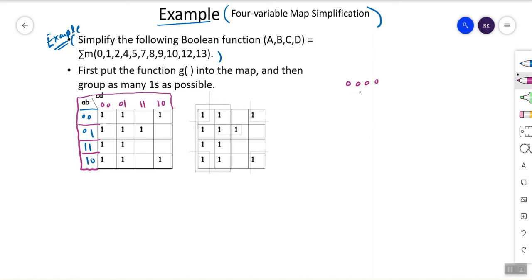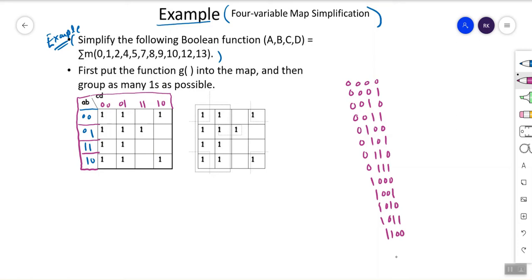Think like this: 0 0 0 0, 0 0 0 1, 0 0 1 0, 0 0 1 1, 0 1 0 0, 0 1 0 1, 0 1 1 0, 0 1 1 1, 1 0 0 0, 1 0 0 1, 1 0 1 0, 1 0 1 1, and so on. So this is the complete table, you can see.